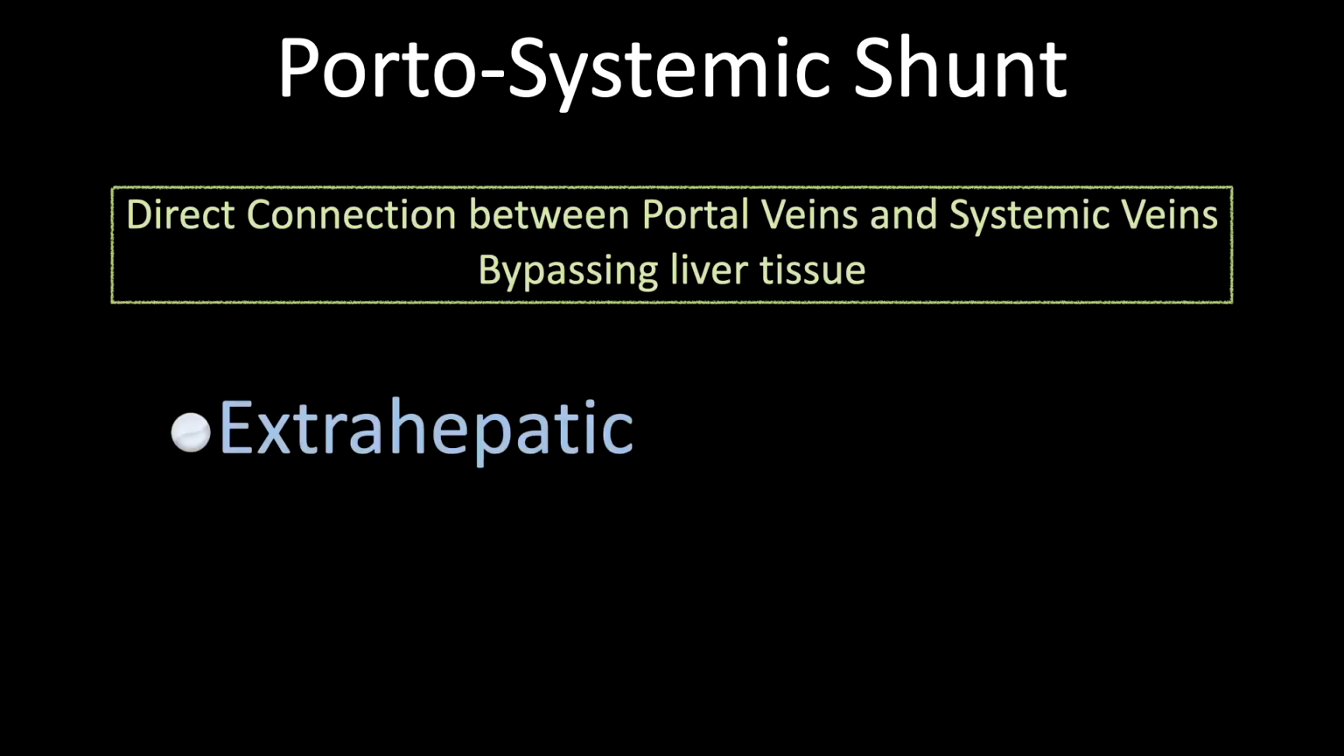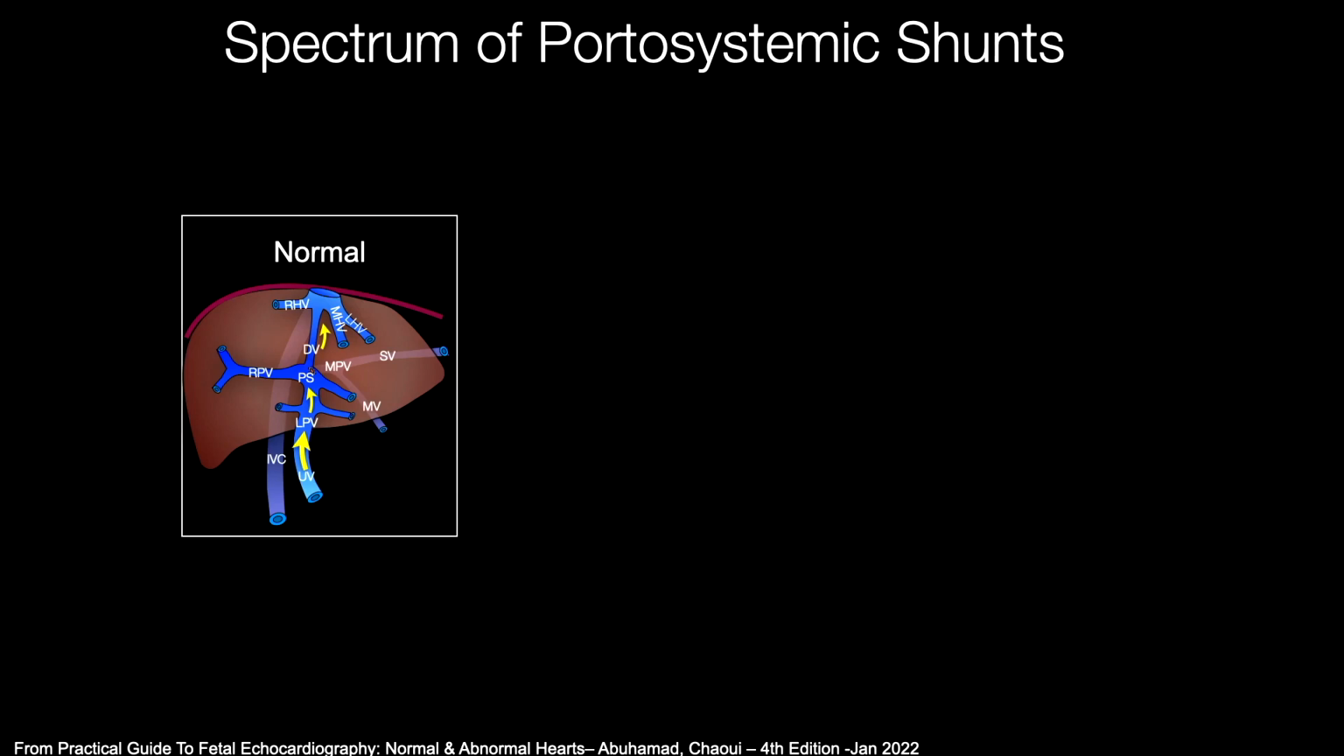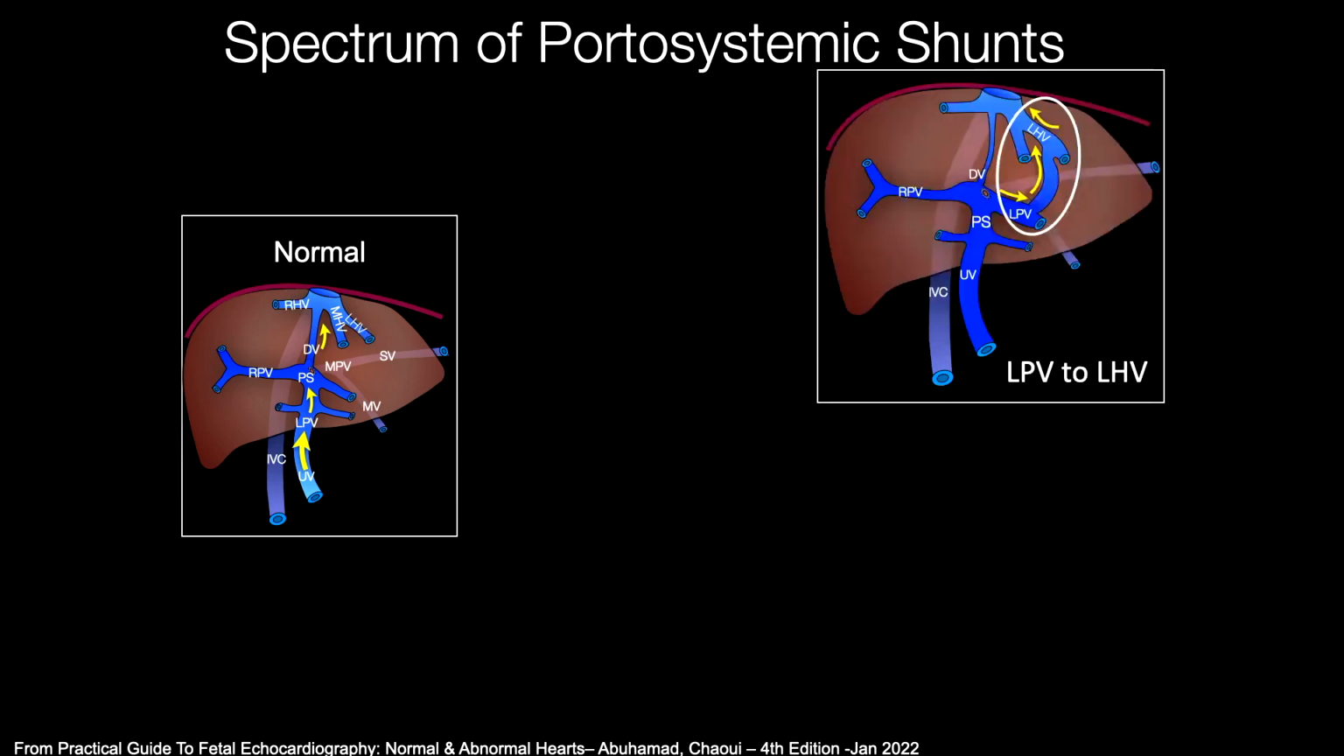It could be extrahepatic. These are typically involving the main portal venous system. I'm not going to discuss those. Or intrahepatic. So what does this mean? Here's a normal anatomy that I've showed you earlier. So what happens here is the blood comes in from the placenta, is disseminated into the liver tissue through the left and right portal venous system, and the drainage from the liver tissue goes through the right, middle, and left hepatic veins. Yeah? So when you have a communication between the left portal venous system and the left hepatic system,